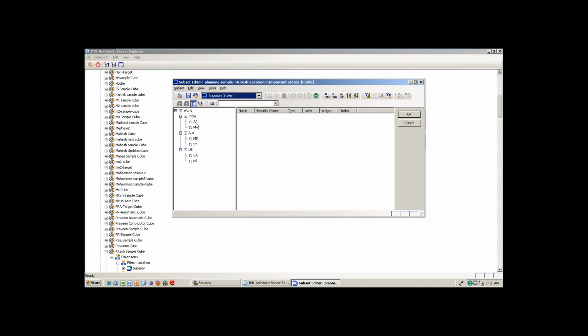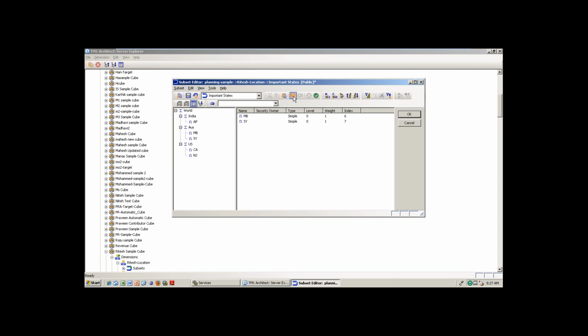But here, if I don't want only AP, you can cut from here and then paste somewhere. This is the copy and paste, but you shouldn't cut and copy the hierarchy structure. It isn't correct, actually. So you can delete. For example, I don't want MP in my system now. You can delete it like this.